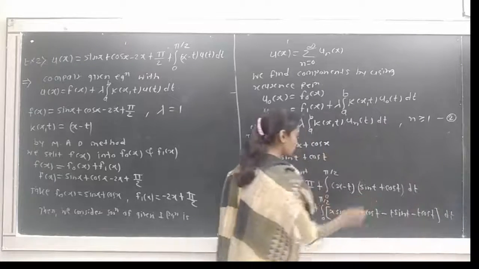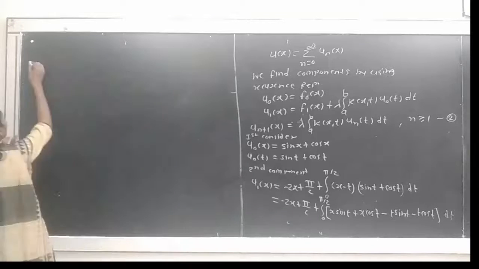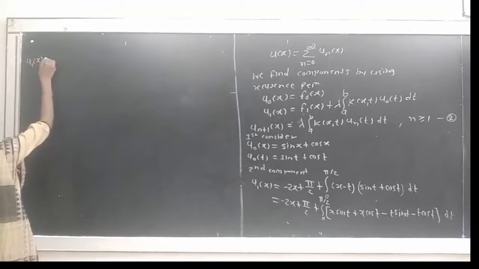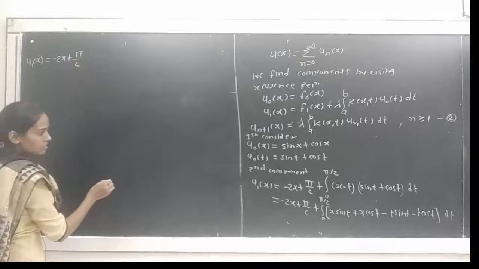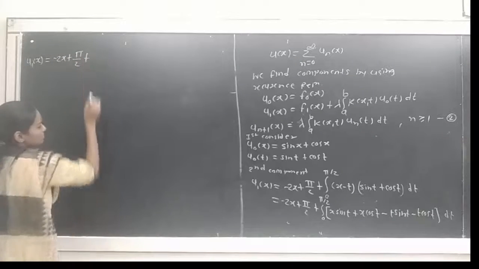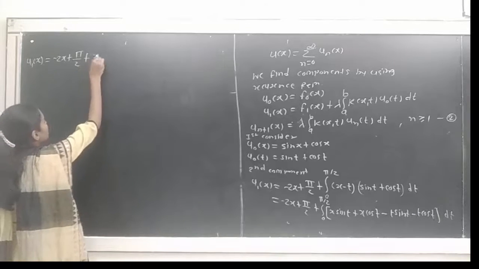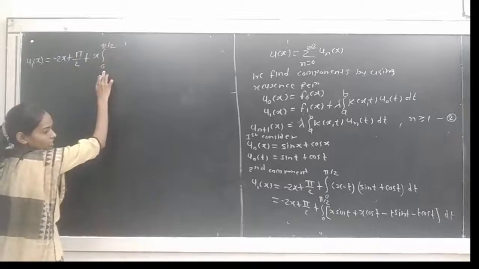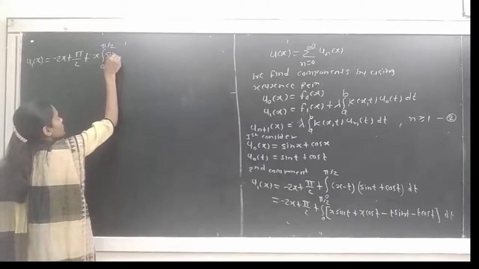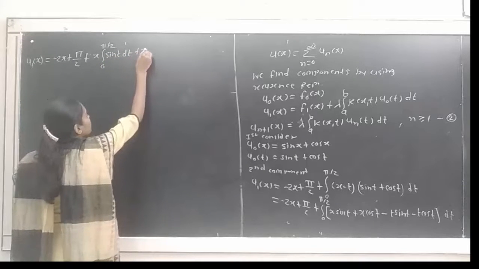We take the multiplication of these two brackets and then take the integration. u1 of x is equal to minus 2x plus pi by 2 as it is, then plus we separate this integration. In the first integral x is constant with respect to t, so we take it outside, then we get integration from 0 to pi by 2 sin t dt,